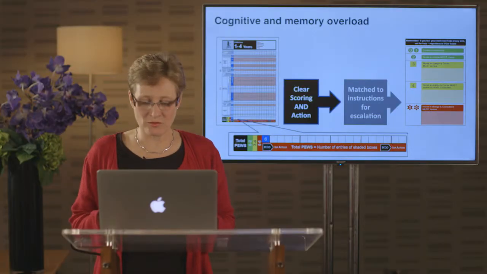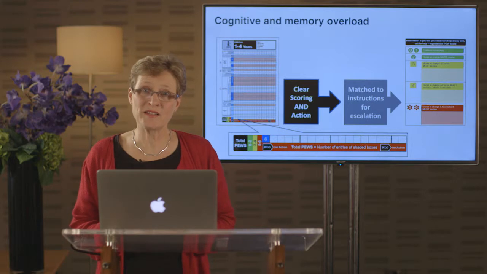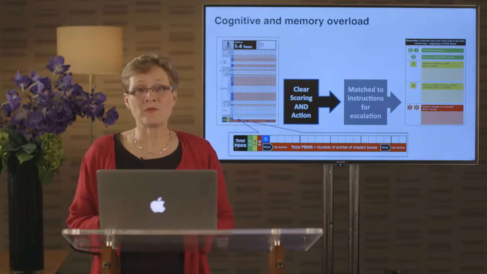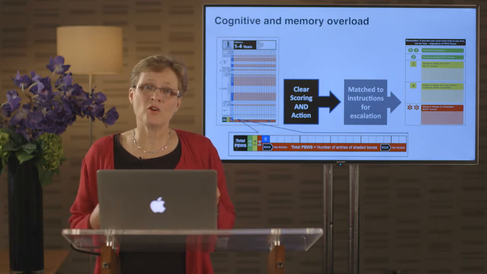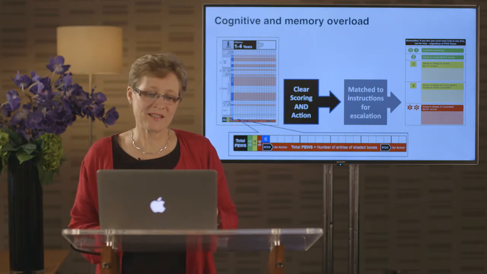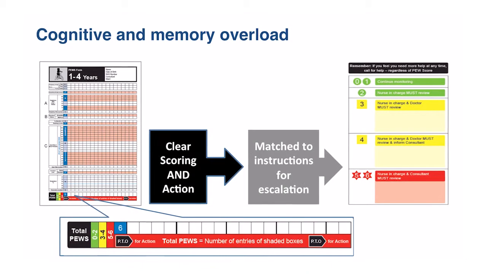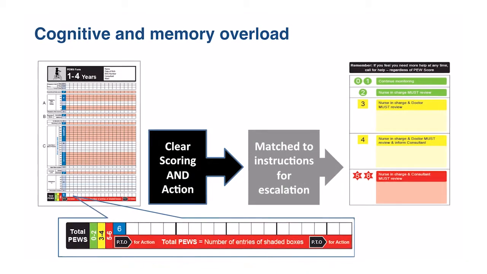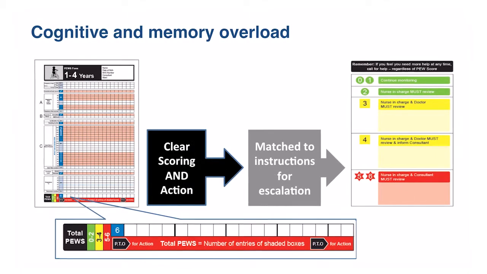If you're using a scoring system to alert you that a child's condition is deteriorating, it needs to be simple. The staff have got to use this when other things are going on all around. We know that scoring is the weak link in a system, so we needed to attend to this. In this example, the numbers that need to be added up are a single, so 1 for each of the banded colours. And the numbers in green, amber and red match to the alert card on the other side of